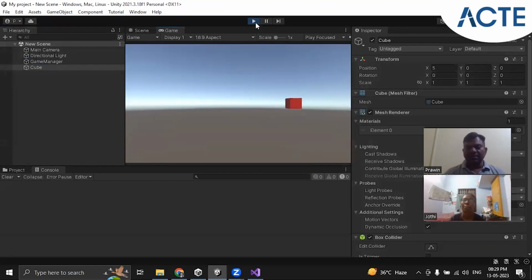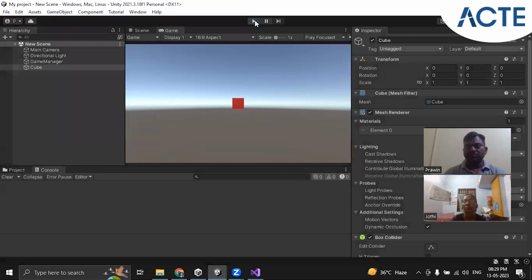Like that, we can change the position. We can change other values too, like y, and z also. Like that you can change. Now if you want to increase the scale, that is, if you want to double the size of this cube, to make it twice the size,